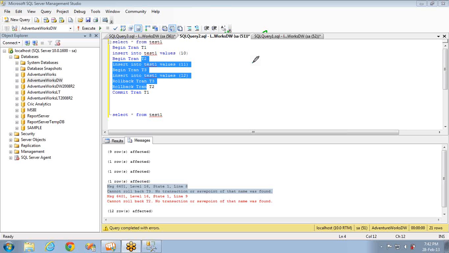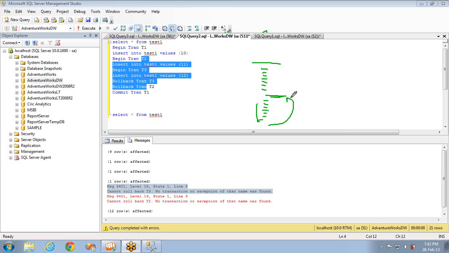Let's say you are opening a transaction here, and you have some insert statements. Let's say your job is to insert 100 records. After inserting 50 records, you have a save point here, and again 50 records. While inserting, you have written at the end, if there is any error in these 50, then you can roll